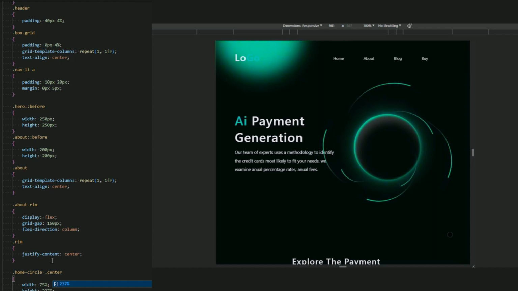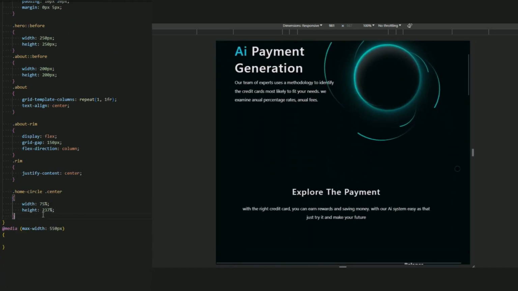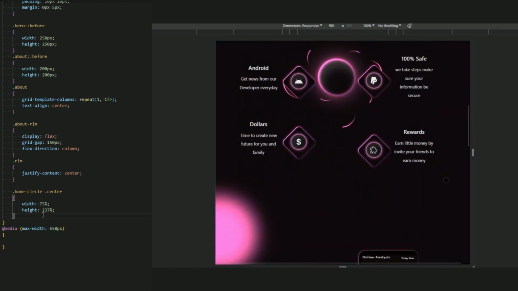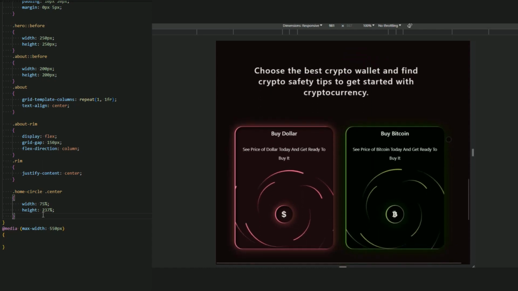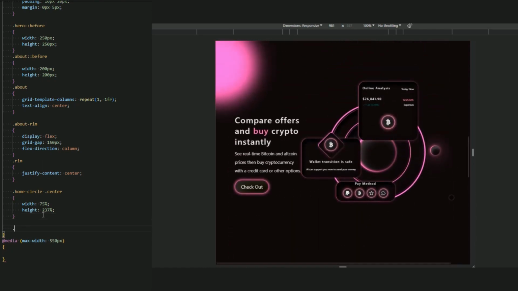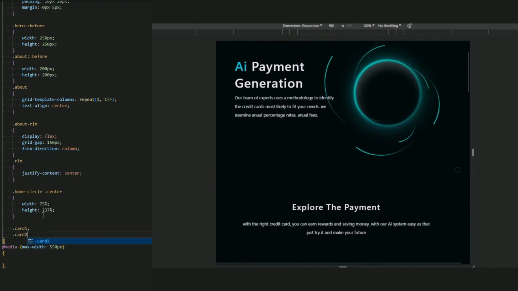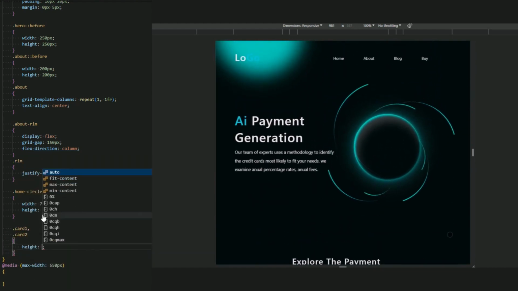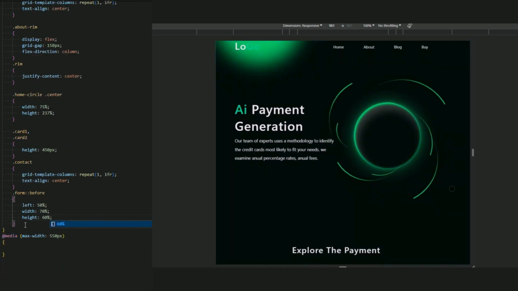Okay, and yeah, now for the card 1 and the card 2, let me just add a custom height. So let me just decrease it, I think. Yes, card 1 and the card 2, let the height be 450 pixel. And we see the website if we have any problem with this from before.